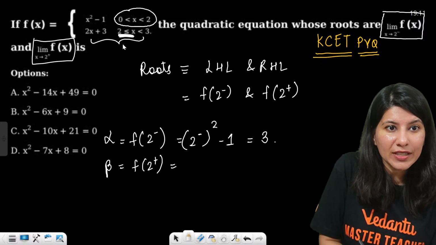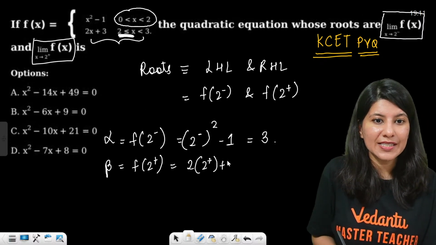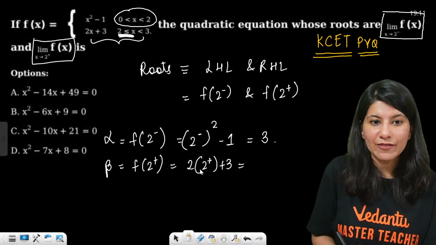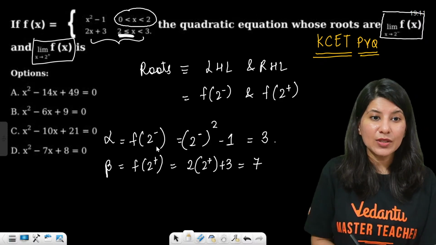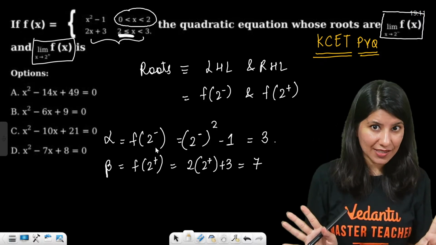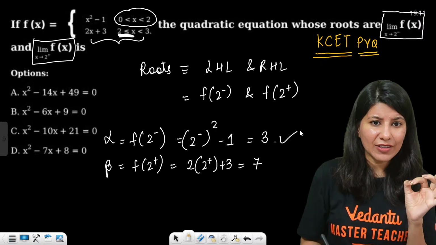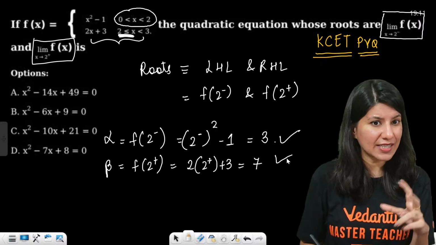Can you see the equality over here? So this is going to be 2 plus 3. So 2 twos are 4, 4 plus 3 is 7. As per this question, the limit does not exist, but they are not asking you that. They are only asking to calculate the left hand limit, which is 3, and the right hand limit, which is 7.